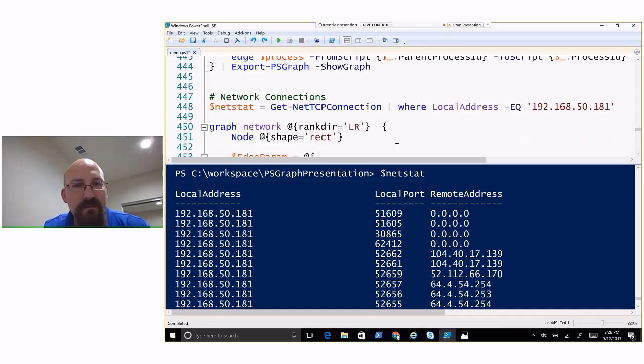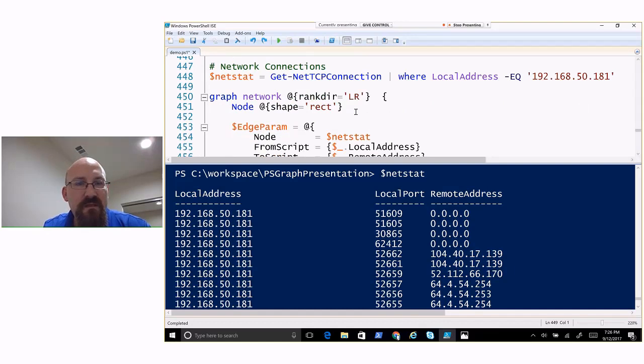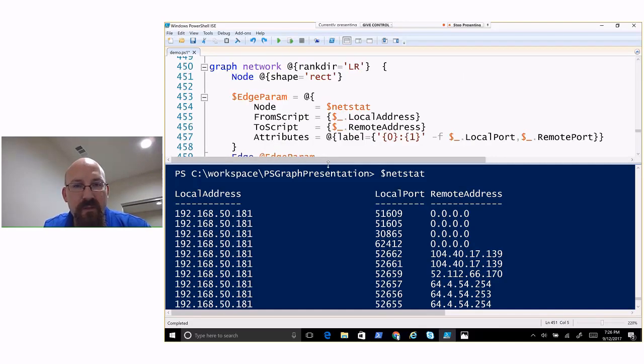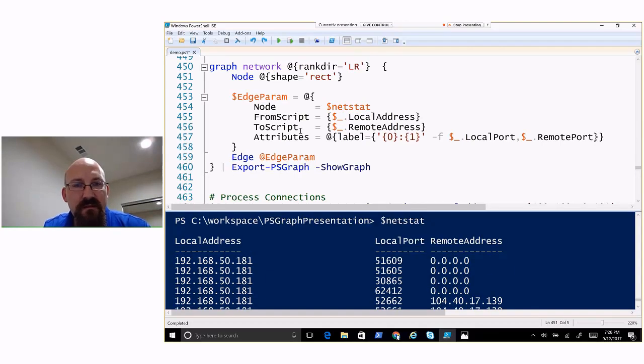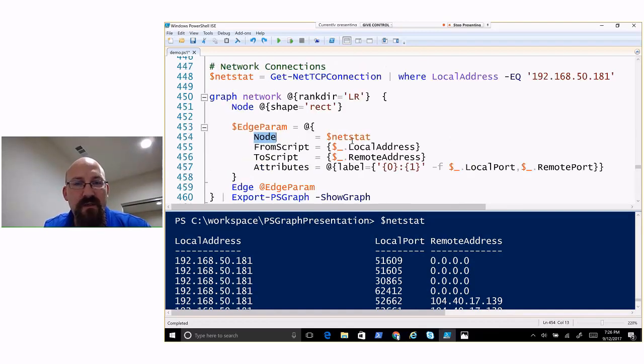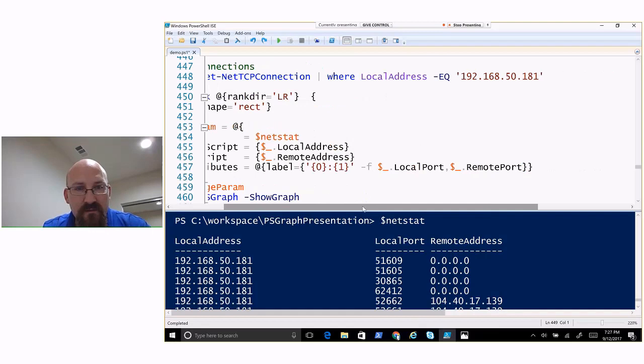It's not hierarchical, if you will, but I think we can walk this from left to right. Give me a rectangle. I'm actually going to splat this command in this time, just because it's getting so long to look at. So my node, and that's actually the name of that first parameter, is node netstat from our array. I want to say from the local address to the remote address. And then, since it's on an edge, I'm going to add a label that actually shows the local port and remote port connection. So at a glance, I can run this